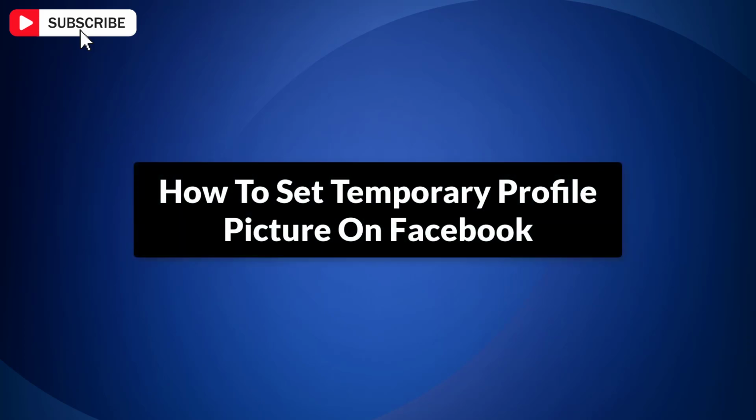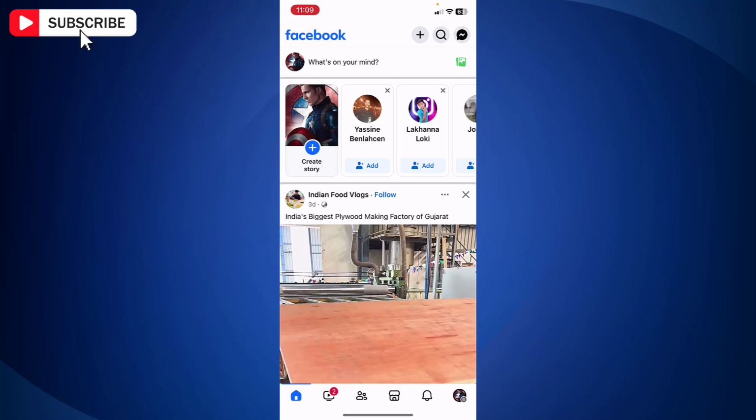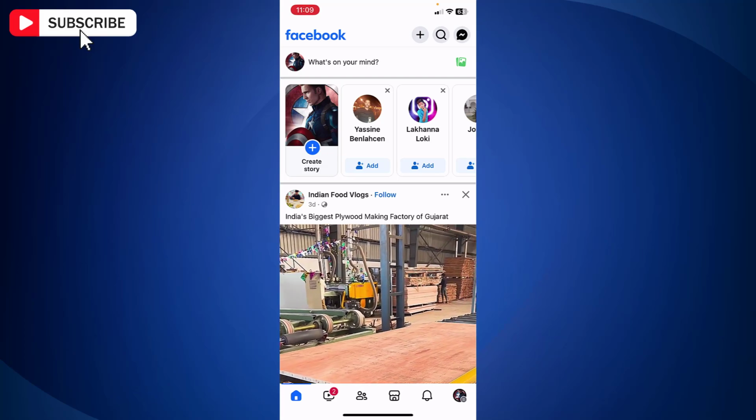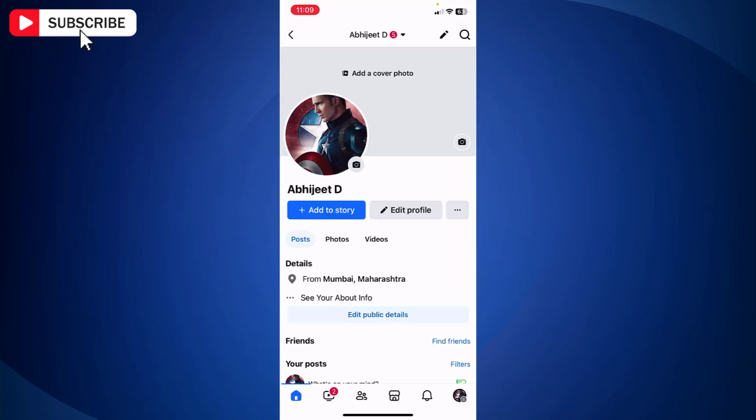In this video, I will show you how to set a temporary profile picture on Facebook. So let's get started. First, open Facebook app on your mobile. Now click on profile icon at the top. Now tap camera icon